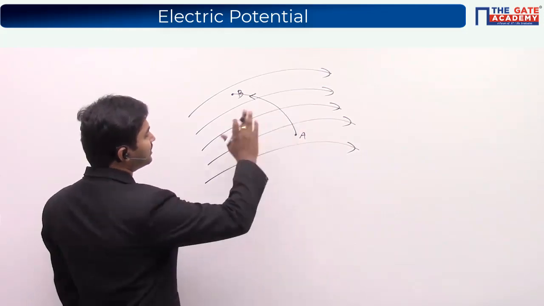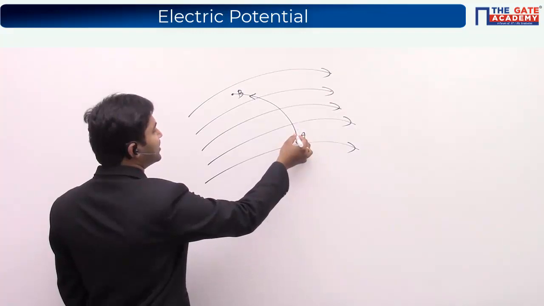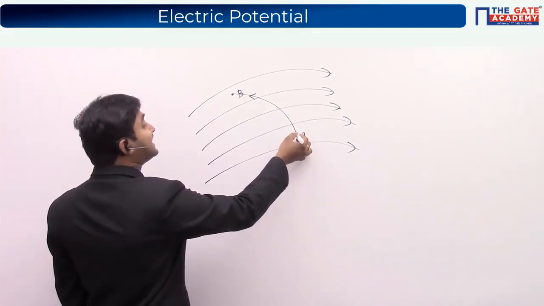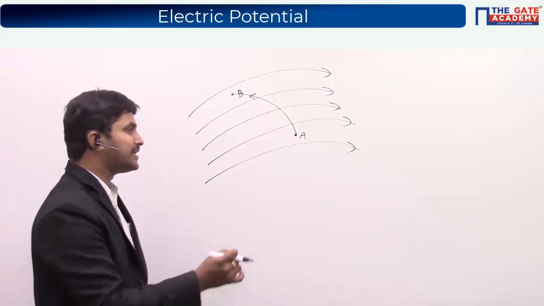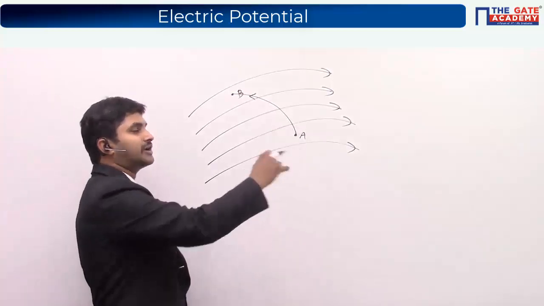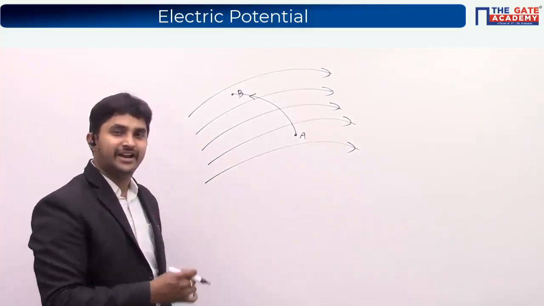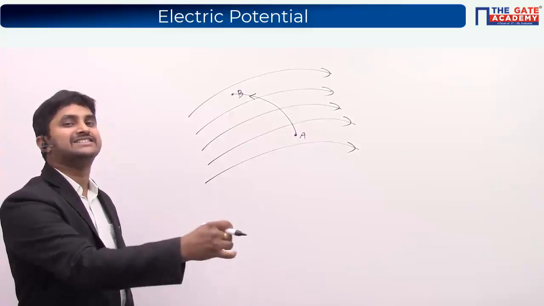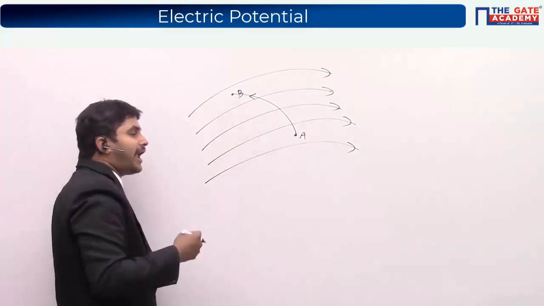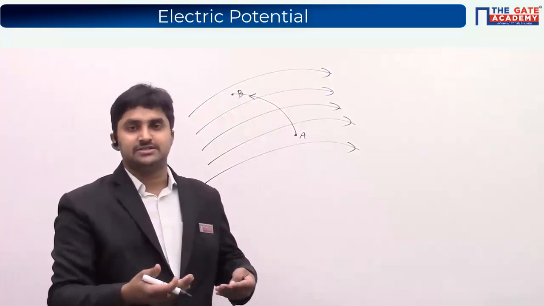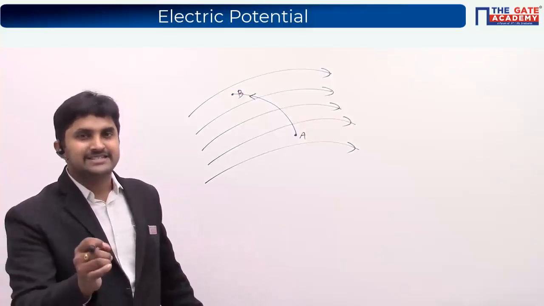Now, whenever an electron or a charged particle is moving against the electric field, it means that it is doing some amount of work against the field. And when it is doing some work against the field, it is going to increase its potential. It is something like